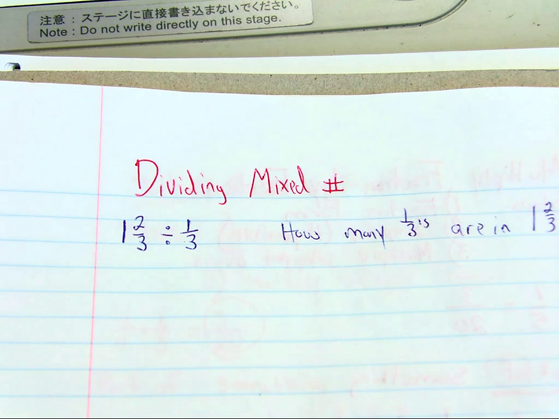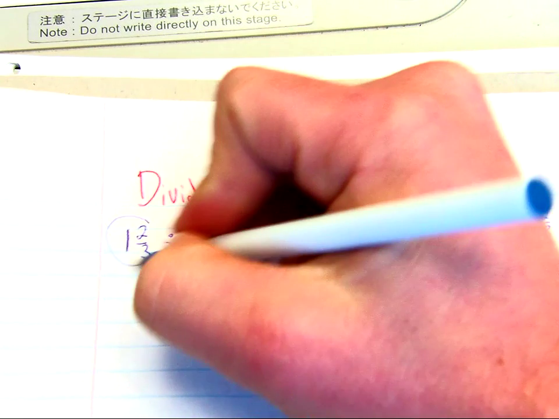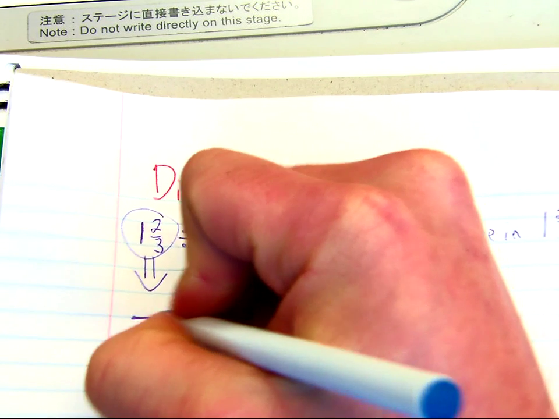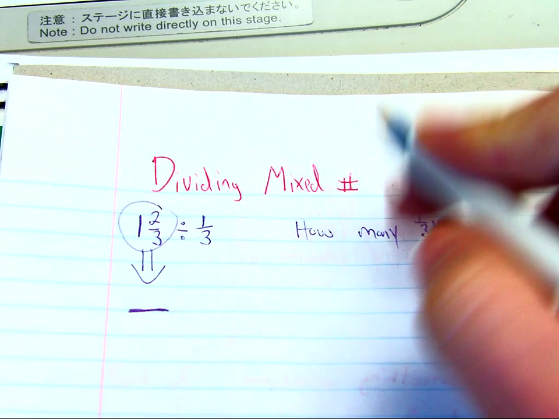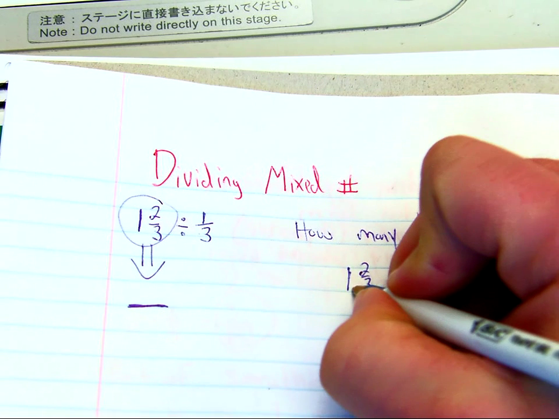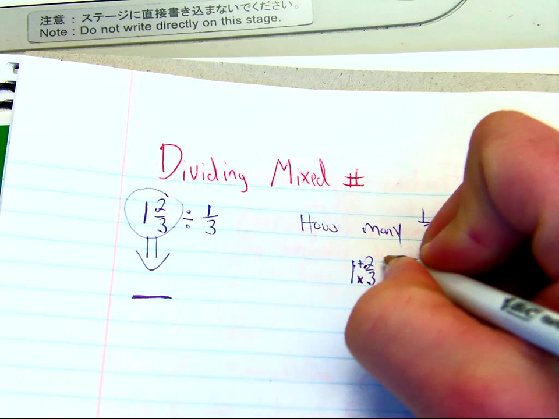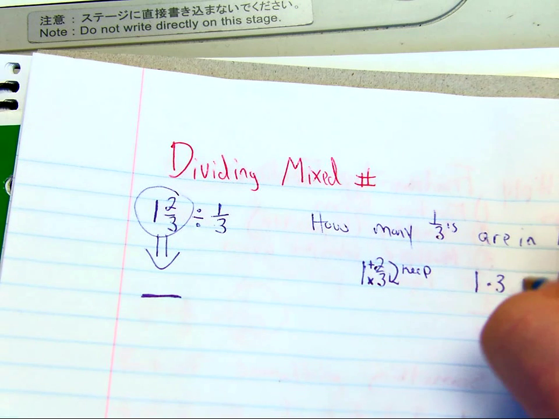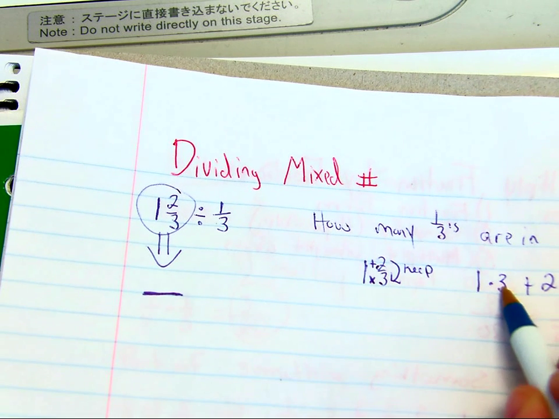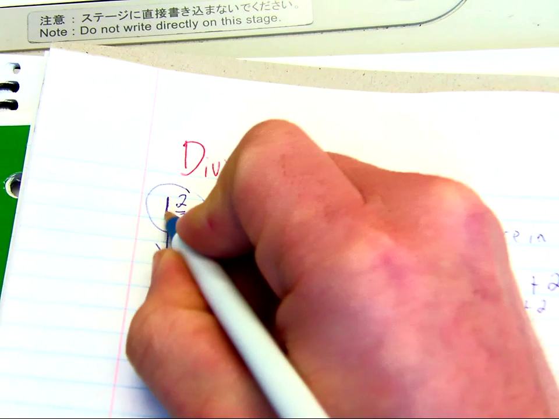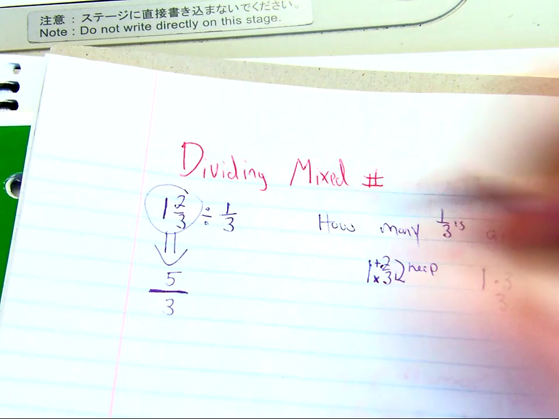Well, in this case, I can't really do it how it is, so I'm going to take the mixed number and change it into an improper fraction. How I would do this with 1 2/3, we say multiply, add, and then keep that. So it would be 1 times 3 plus 2. 1 times 3 is 3, plus 2 is 5. So 1 2/3 is equal to 5/3